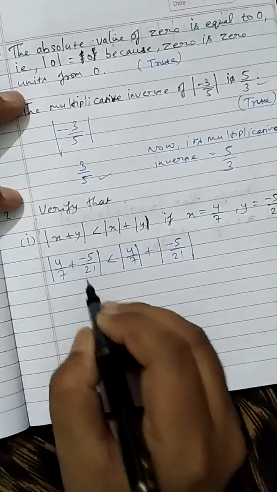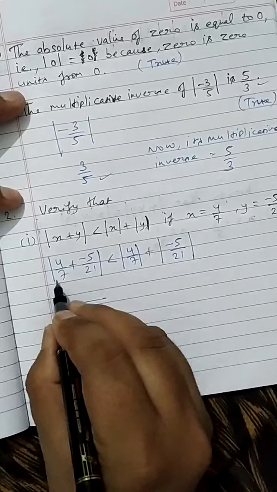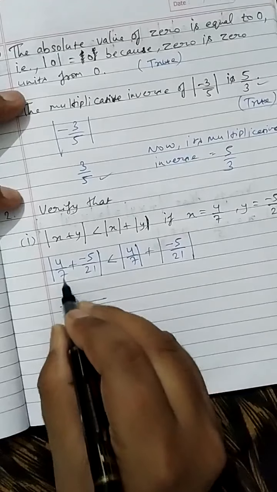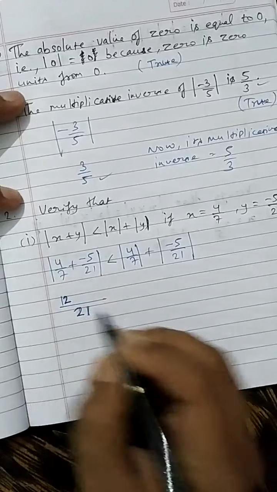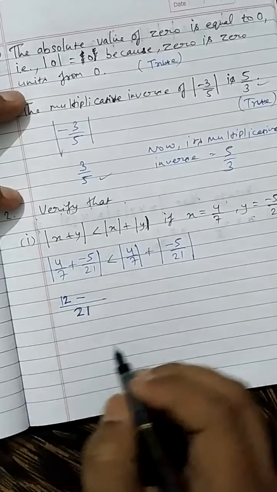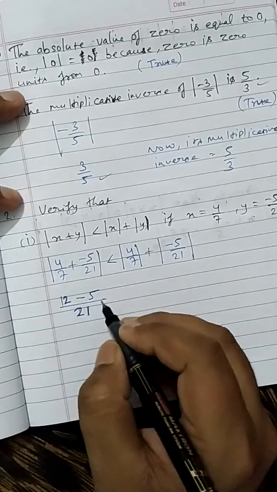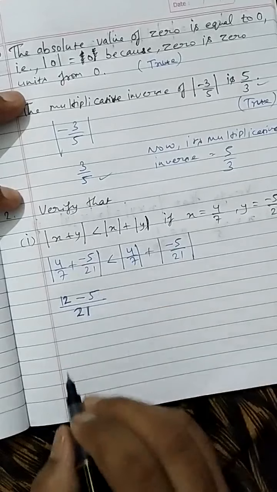Now students, we will take the LCM of 7 and 21 first. LCM of 7 and 21 is 21. Now 21 divided by 7 is 3, and 3 4s are 12. Plus into minus gives you minus. 21 divided by 21 is 1, and 1 5 is 5. Okay, and now